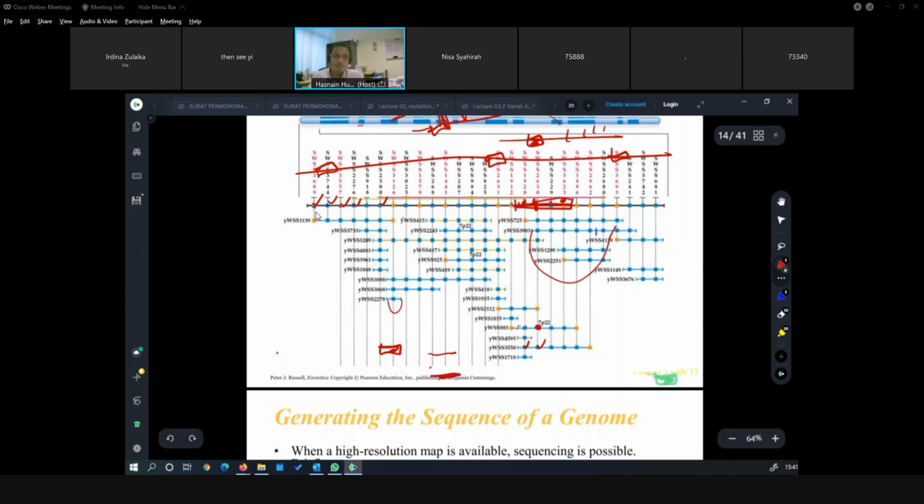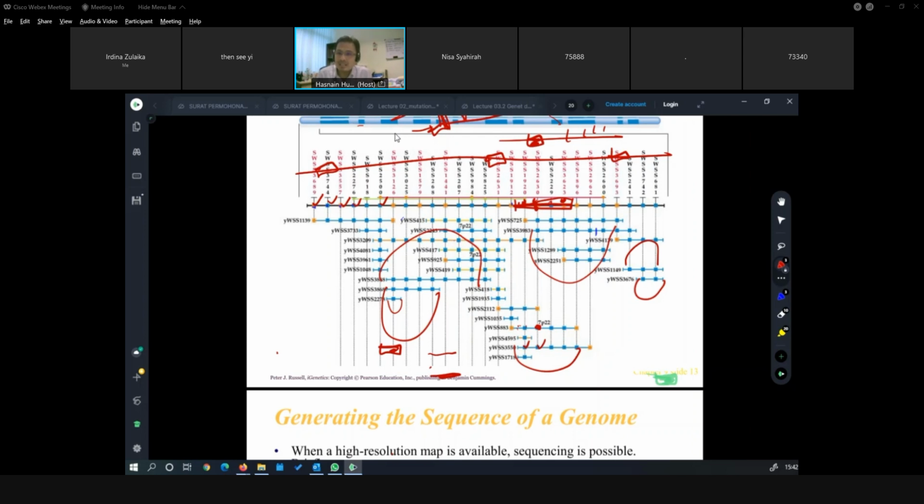So BAC and YAC. But when you want to cut them into smaller pieces like this, you want to clone each of them into a different vector, a different plasmid. It takes quite some time. It is quite slow, basically. You remember this is only one chromosome. We have 24 chromosomes, and then each chromosome you have to partially digest. This one is, if you can count, I didn't count, more than 20.